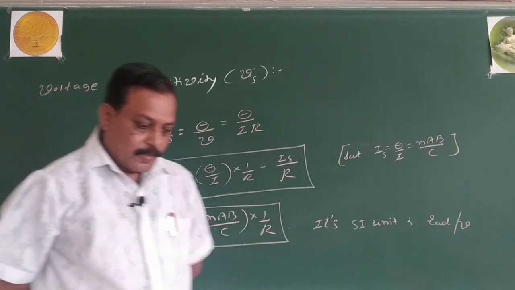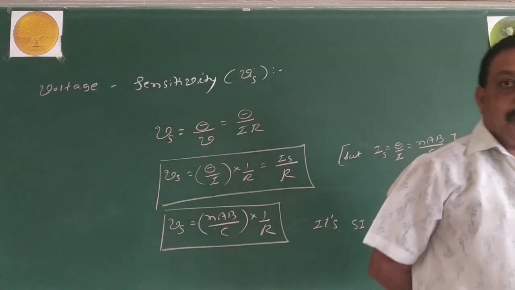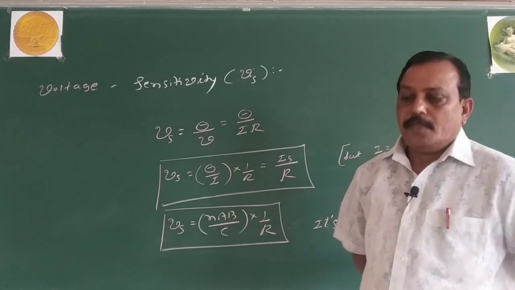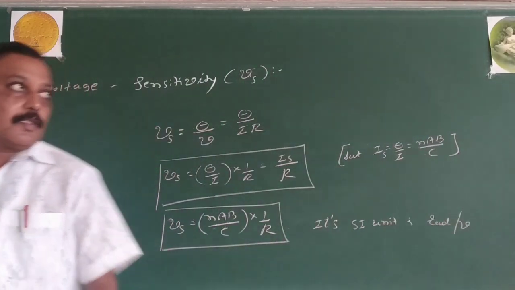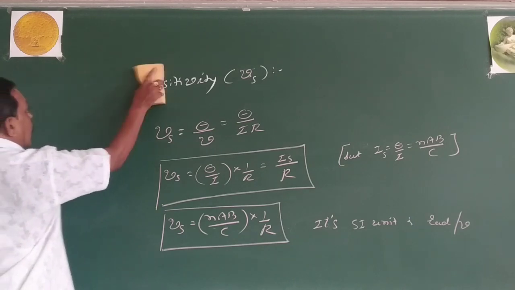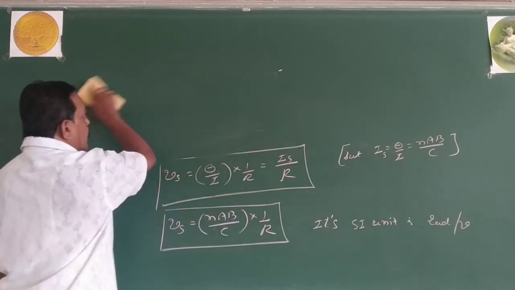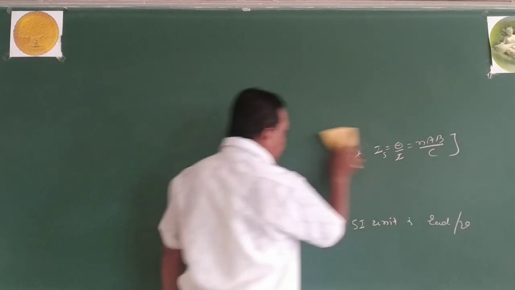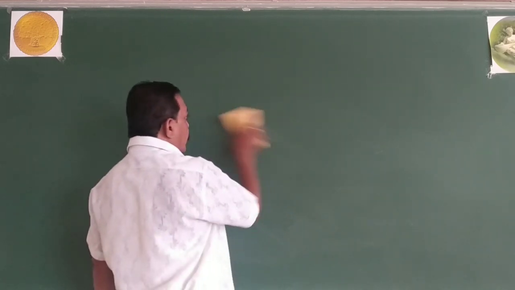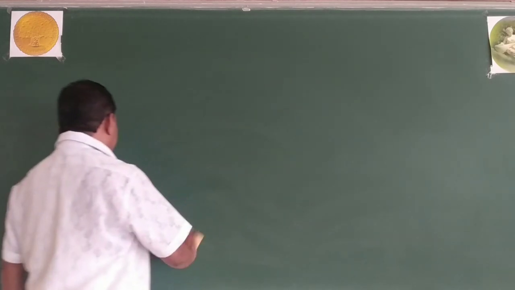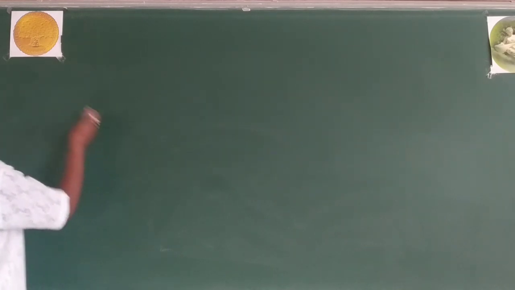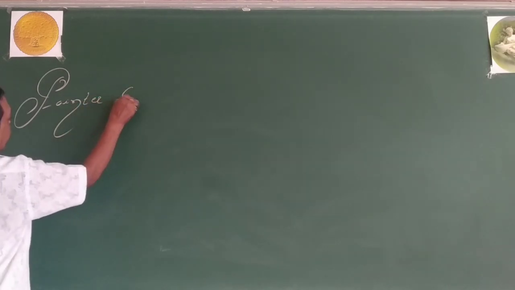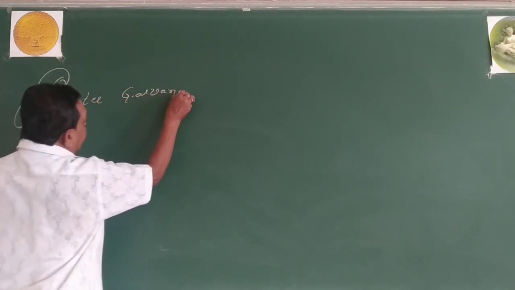So, we can modify this moving coil galvanometer into a laboratory galvanometer. Then we come across the laboratory galvanometer. This is a modified form of the moving coil galvanometer. It is the Western galvanometer, table galvanometer. You can usually say laboratory galvanometer. You can also say pointer galvanometer.